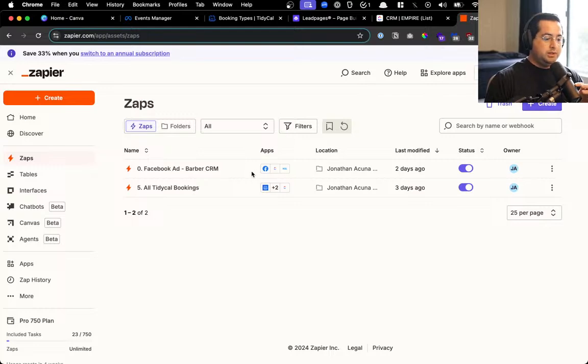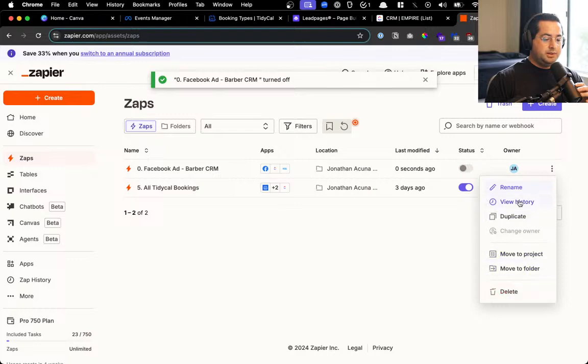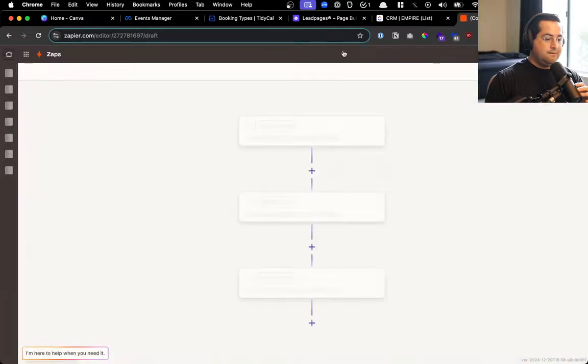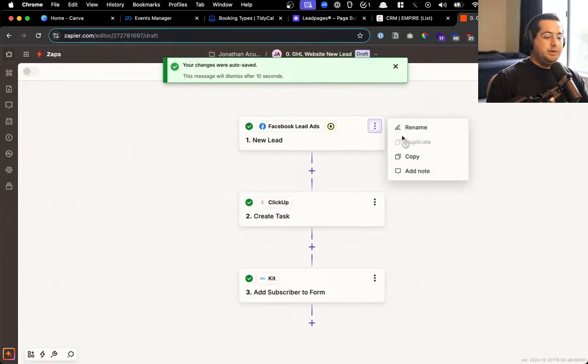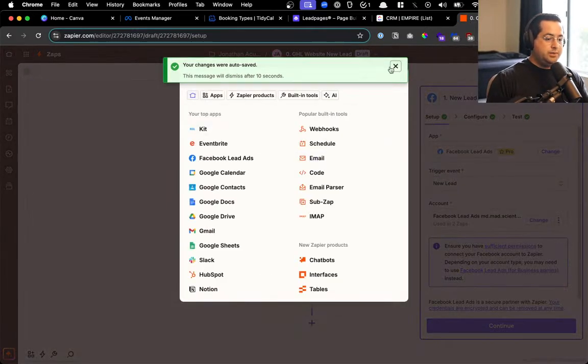What I want is to clone this. Turn this off. Add my TidyCal. That's cool. We're going to duplicate this. Duplicate and edit. This is the GoHighLevel website new lead. Cool. Yep, that's what I want. What's the trigger action? We're going to change the trigger action to